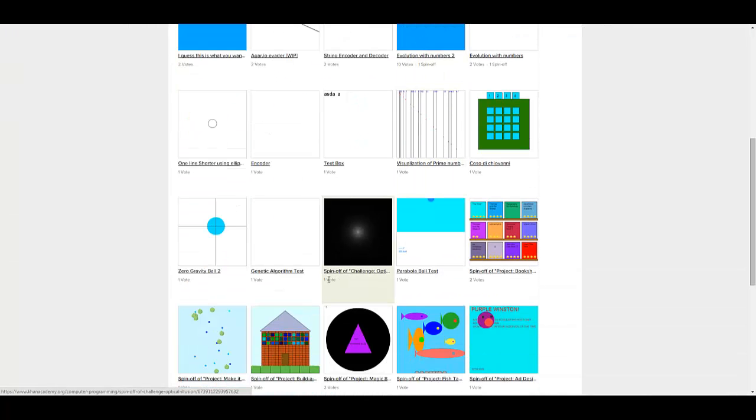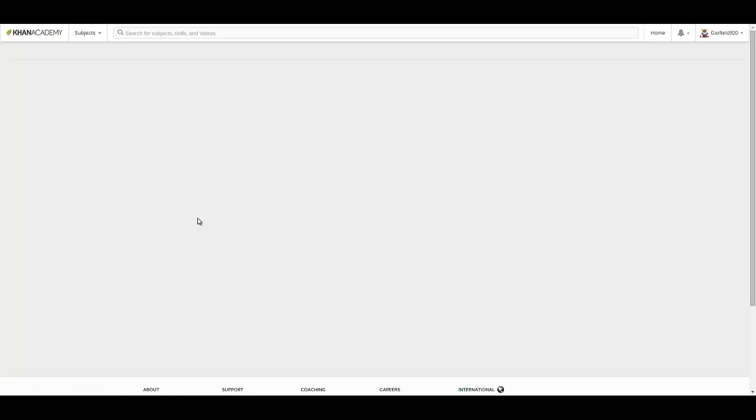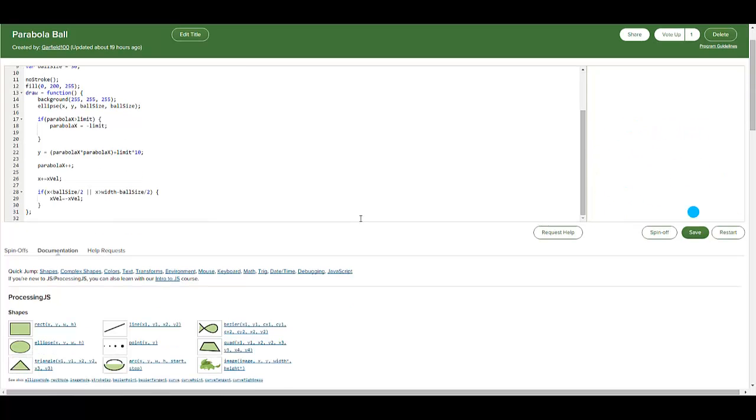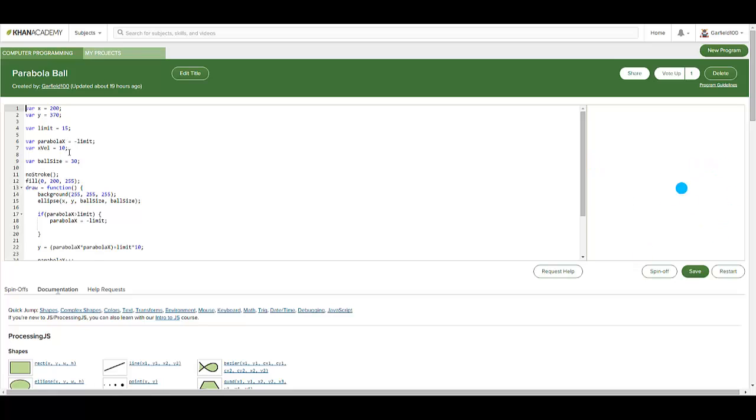The guy made a very cool thing there. So yeah, then I made my own parabola ball, which is not as short at all, but it's, you know, a bit more realistic. Yeah, you can also change some things here after we start it, and yeah, it's quite cool.